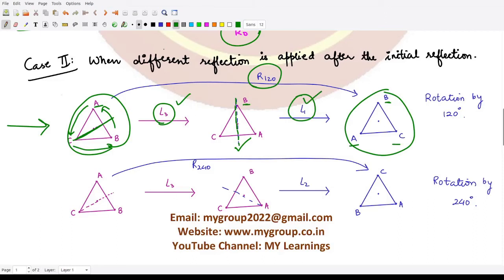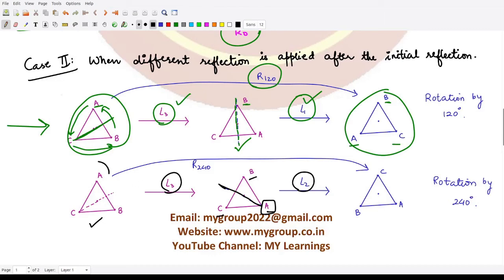What about the second case? In the second case, we are having this triangle, we are applying L3 onto it, we are getting the same elements. Now here we have to apply the reflection L2. When we apply the reflection L2, we have a line which passes through the vertex A, and it is going like this. So I hope you must be clear with these reflections. If not, you can go back to question number 1 in this playlist and you will be getting to know all the details. Correct? Now here A would be kept fixed because we are taking a reflection. B and C would interchange their position.